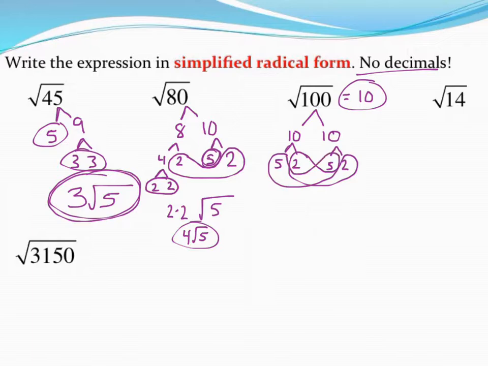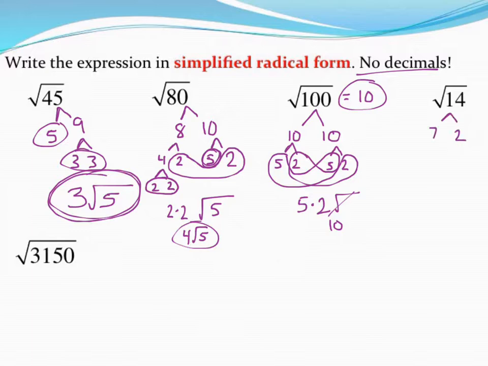Each pair gets to come out of the square root. So I have a 5 out, and then multiply it by the other pair that comes out. And as far as what was left over for something inside the square root, nothing was left over. That's what makes a perfect square perfect. There's nothing left behind. Okay, the square root of 14, I can split that into 7 times 2, and those are